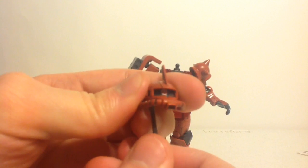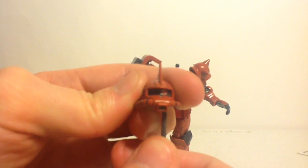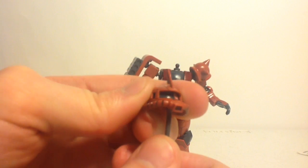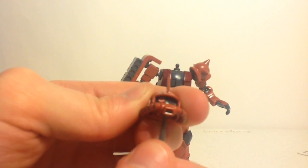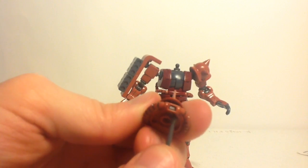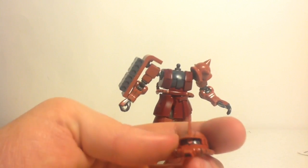And as I try using its Heat Hawk, see? It goes back and forth. Back and forth. Which is a cool added feature, which I think all Zaku kits have, just that they really made it more